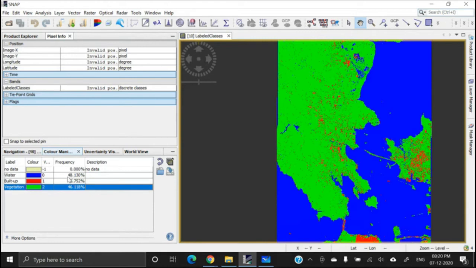আচ্ছা, এখানটাতে এবারে আমি একটা প্রশ্ন করি তোমাদের। এখানে এই যে ক্লাসিফিকেশন হয়েছে, আমি 3টে ক্লাস ক্লাসিফাই করতে চেয়েছিলাম, ওয়াটার, বিল্ট আপ অ্যান্ড ভেজিটেশন। Now it has created 4 classes and one class has been created as no data, although it has 0% pixels in it. Then what does it mean by the no data class? No data class টা কি? যেটা ওই 3টের মধ্যে পড়ছে না।